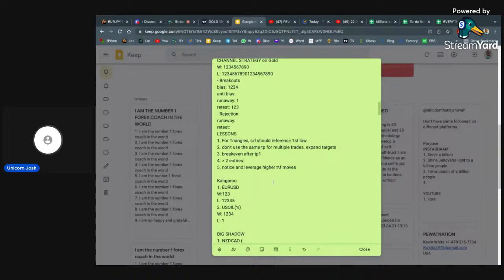So the third lesson: break even after TP1. Now, the reason why I have this is that there were many of the trades that I did that ran after hitting my take profit. So if I have all my entries on that first take profit, then I would have missed out on some very easy pips. So that's why I had to write that down: allow trades to run in terms of expanding my targets for multiple entries. Then I'll break even after TP1. So sometimes the trades don't just go all the way.